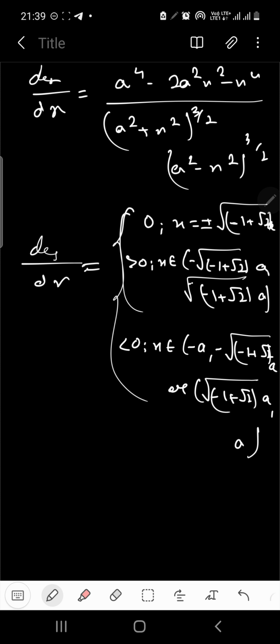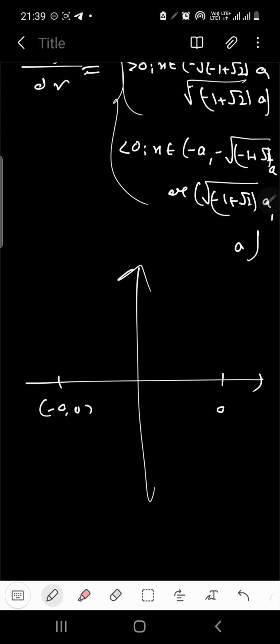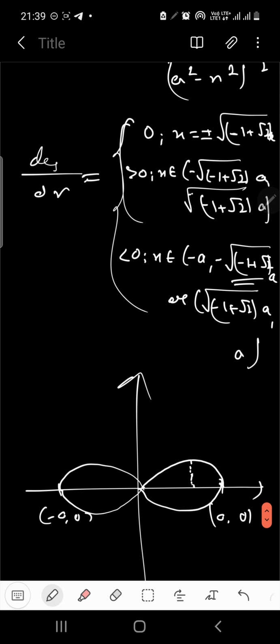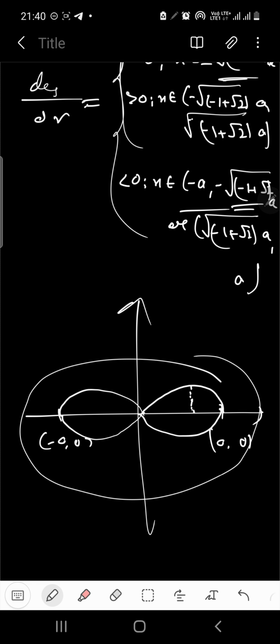Therefore, applying all these things, what is the actual curve which you are going to get? So these are the points. This is minus a, 0, this is a, 0. You are having a node, so both these points give you a node. At this point you have a maximum point, this particular point, and these intervals are given here. So this is the actual curve which you require. You can also draw the tangents. These are the basics of how to draw tangents to a particular curve.